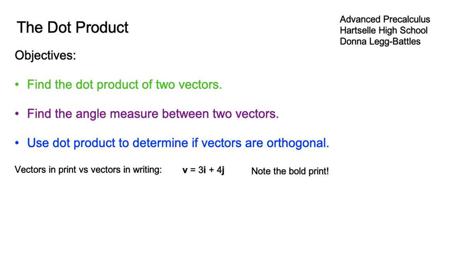Before we begin, I wanted to talk to you about the difference in what vectors look like when we denote them in print versus when we write them. I know you may have noticed in my notes the way I write them, but also the way they're denoted on your online assignments. Here, notice that the vector is written in bold print. The bold print V, the vectors 3i plus 4j, or the V and I and J are all vectors, but when I write them, I often write it this way. I'll put this on top,